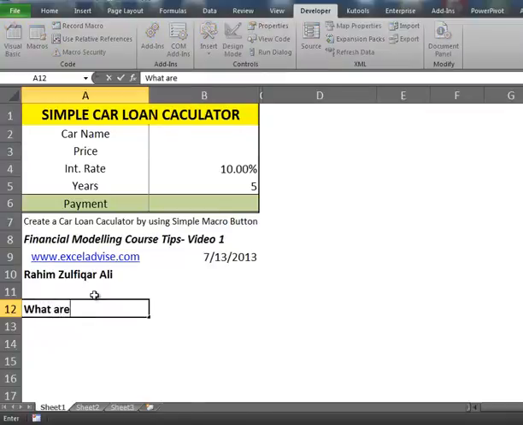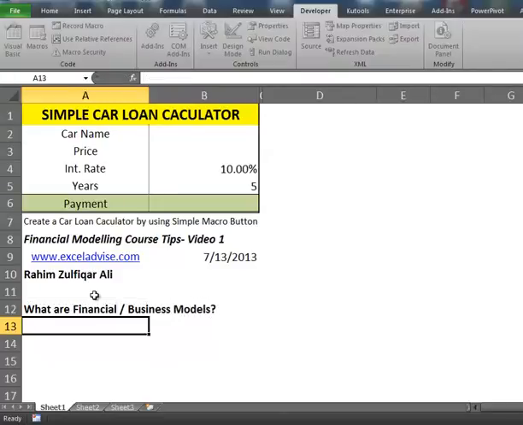So what are financial or business models? The term financial business modeling may be applied to a multitude of tasks, and Excel is a very powerful tool.